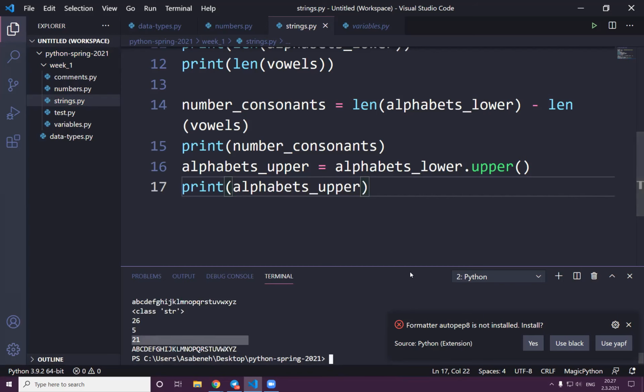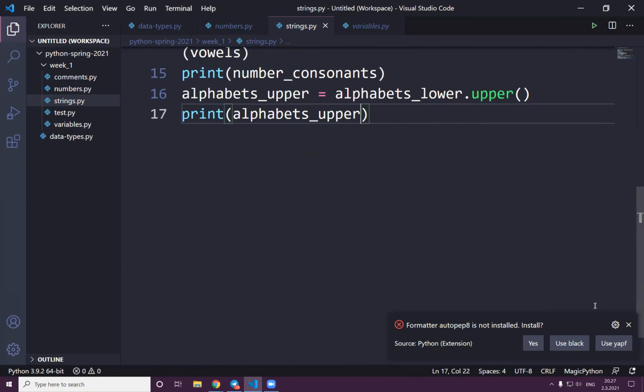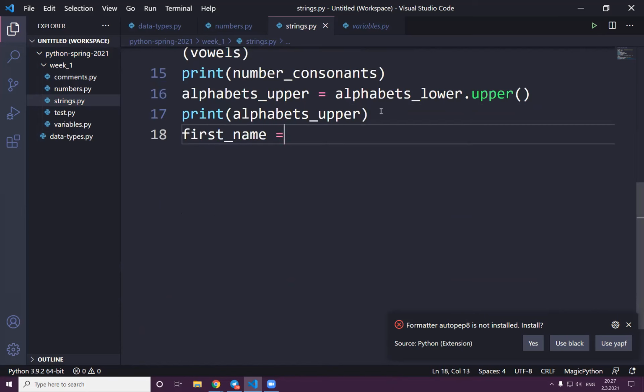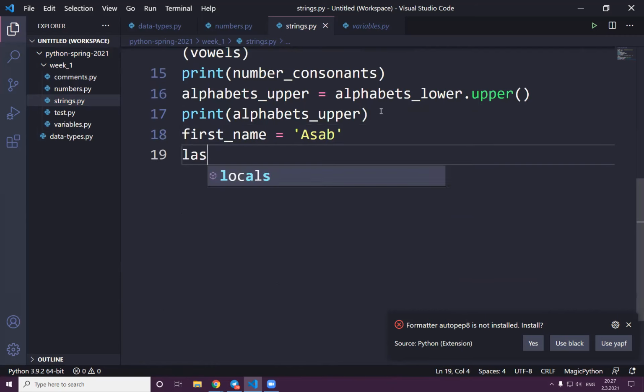Yeah, so this is a string. Can we concatenate two strings? For instance, you have first name, and then it's my name. And if I have my last name,